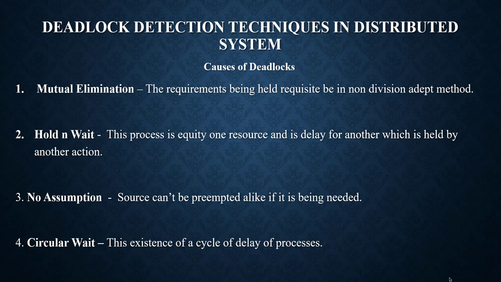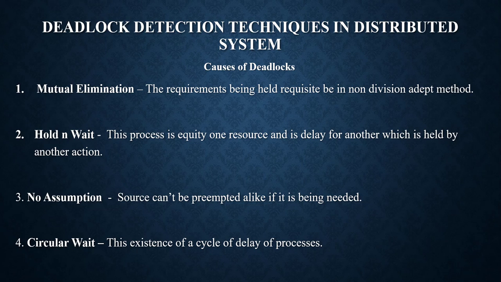These are the deadlock conditions. There are four conditions. The first one is mutual exclusion. This means the resources involved must be unshareable, otherwise a process would not be prevented from using a resource when necessary. The second one is hold and wait. This means a process must hold the resources already allocated to it while waiting for other requested resources. If the process had to release its resources when a new resource was requested, deadlock could not occur because the process would not be prevented from using the resources it controls.